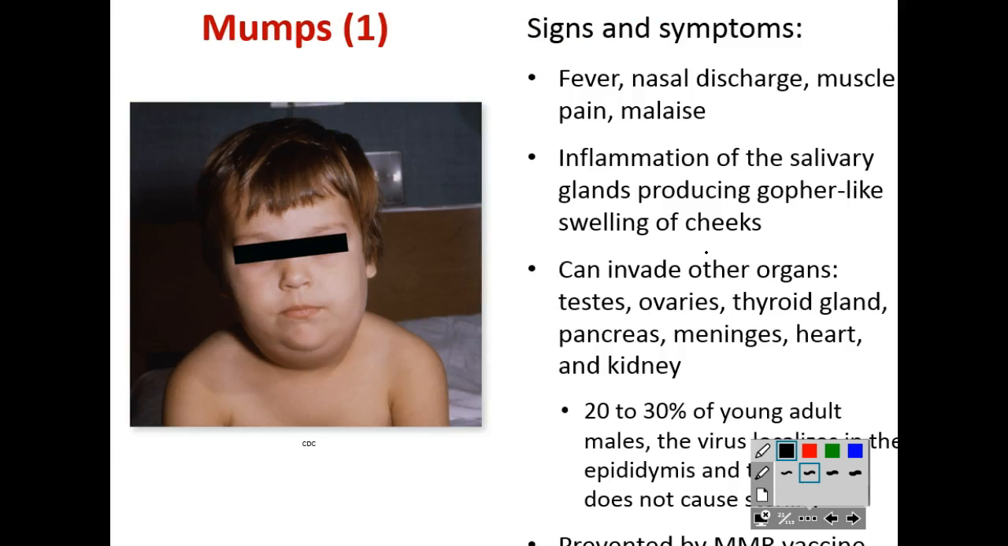Mumps, signs and symptoms. You have fever, nasal discharge, muscle pain, and malaise. Inflammation of the salivary glands, producing gopher-like swelling of cheeks, can invade other organs: testes, ovaries, thyroid gland, pancreas, meninges, heart, and kidney. 20 to 30% of young adult males,